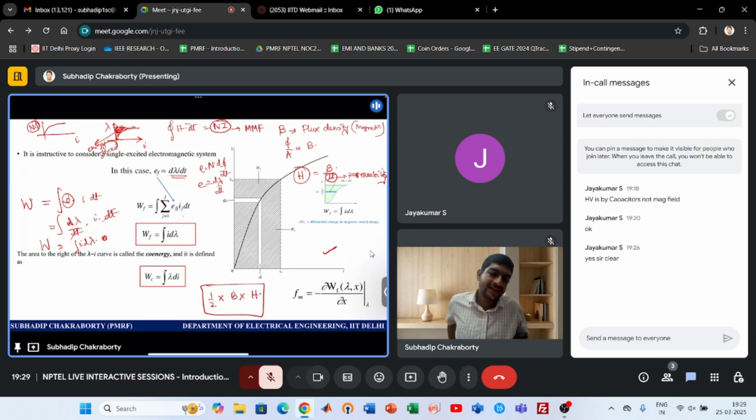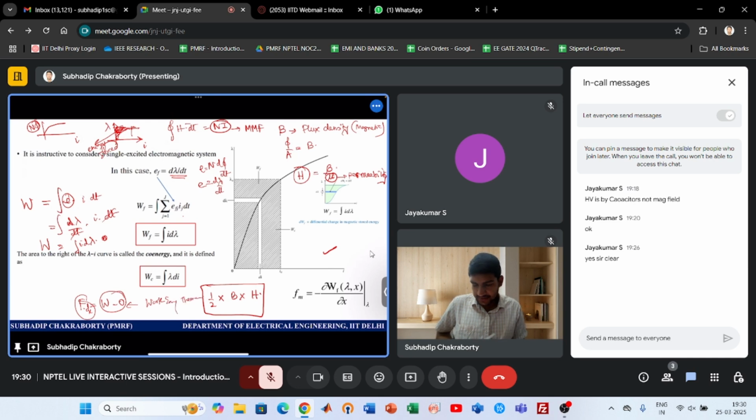So this, and the converse of it, is the co-energy. The co-energy does not have any practical significance, but you can use this form to derive the torque and force expressions, right? So how can you derive force? I told you, force is what? F dot dx is nothing but energy, because if the initial is 0, then W minus 0 is F dot dx by the work-energy theorem,